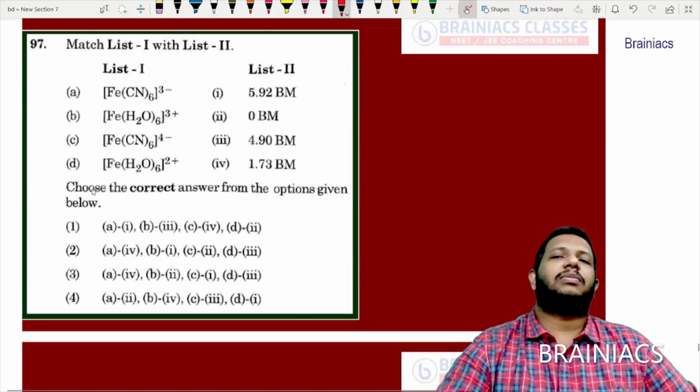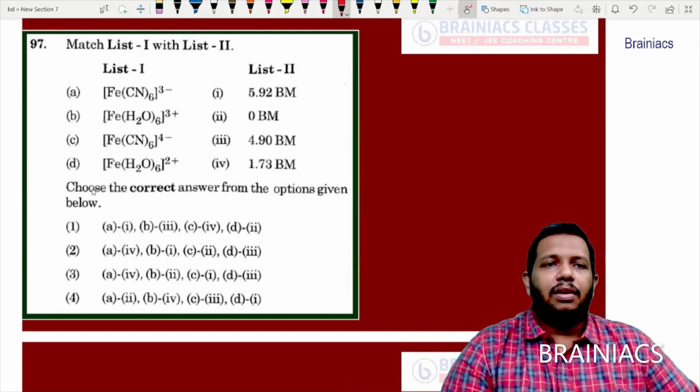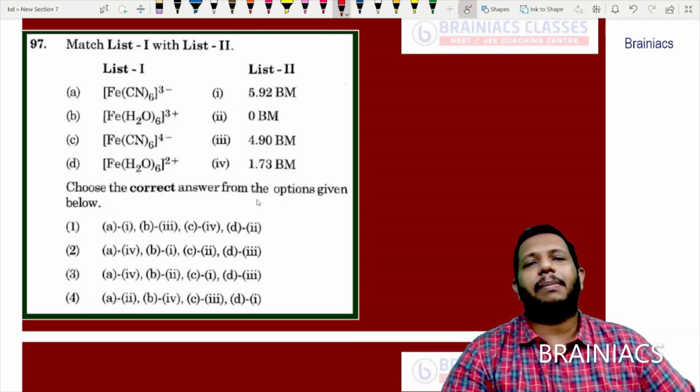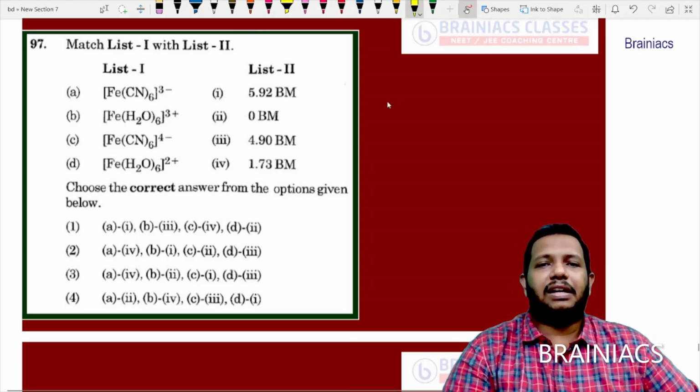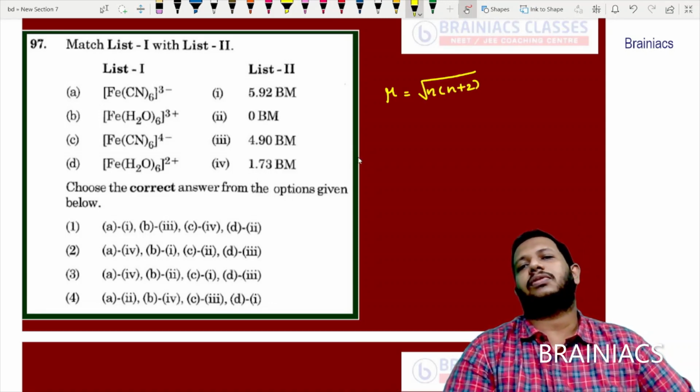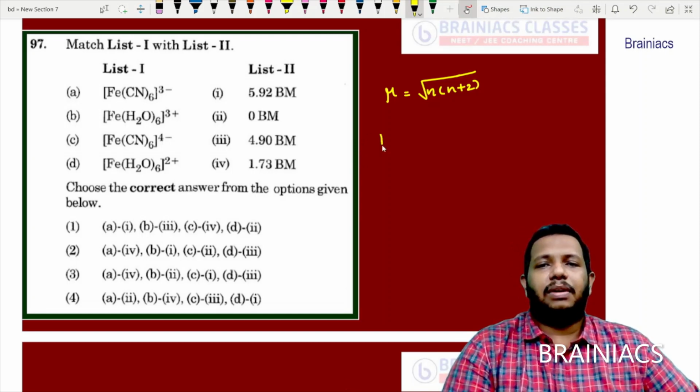Again, the question is from the chapter coordination chemistry. Here they are testing you: you need to calculate the magnetic moment, and we know that the magnetic moment mu is calculated as square root of n into n plus 2, after finding out the number of free electrons. So the first one, they have given